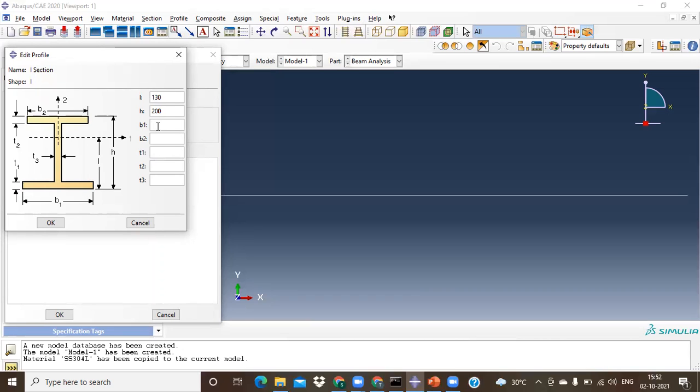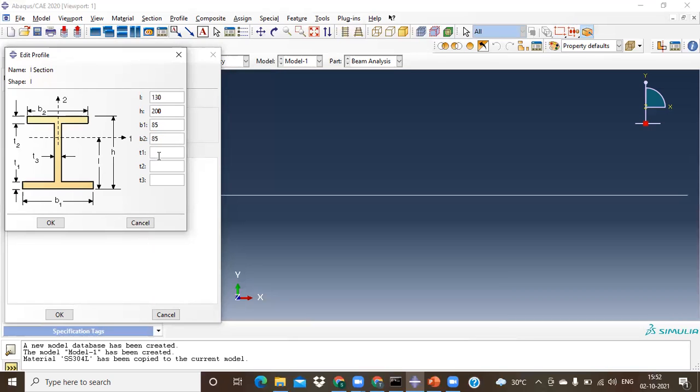For the complete width, I can go with something around 85. And B2 is also 85, I would like to give.